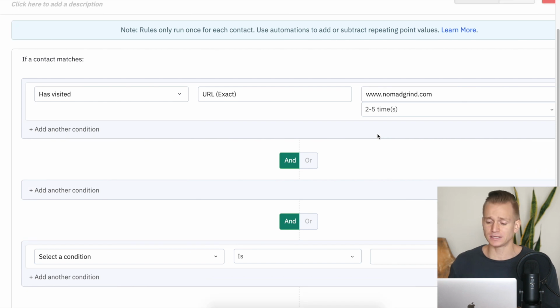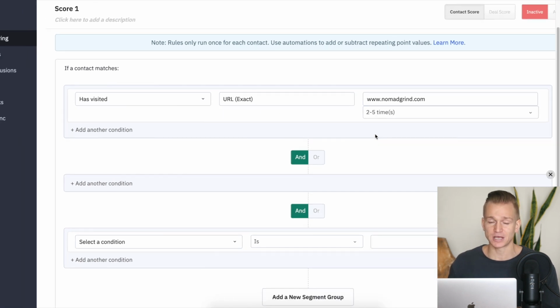But let's say someone went on specific pages for specific times, then we're going to give them a specific amount of points. And perhaps, if they reach a specific amount of points, it shows that they might be very interested in that specific offer, whatever exactly it is. And then we might want to move them from one list to another. We might want to send them a specific email, something like that. So you can really understand better how people are acting on your website and what exactly their interests are, and then you can take action based on that.